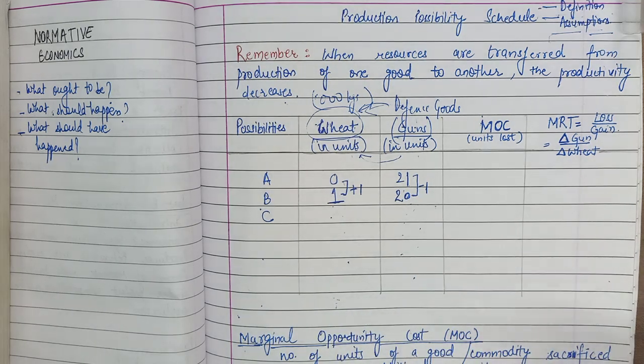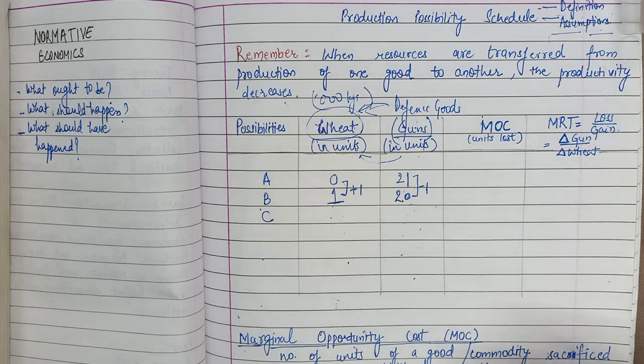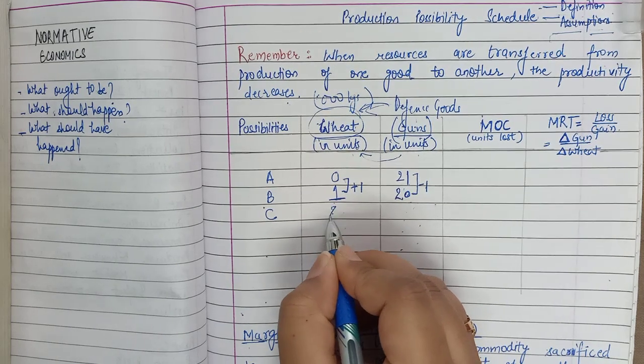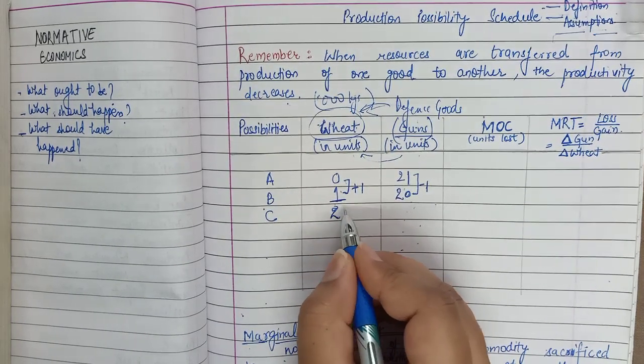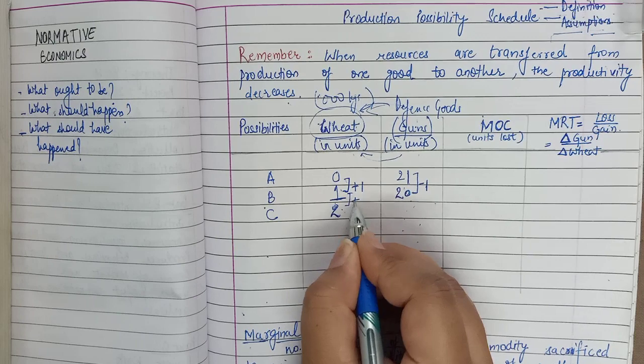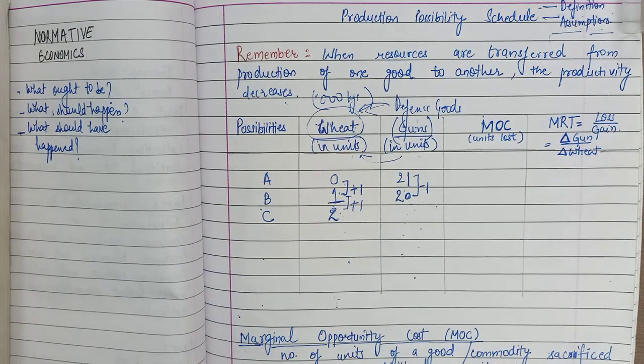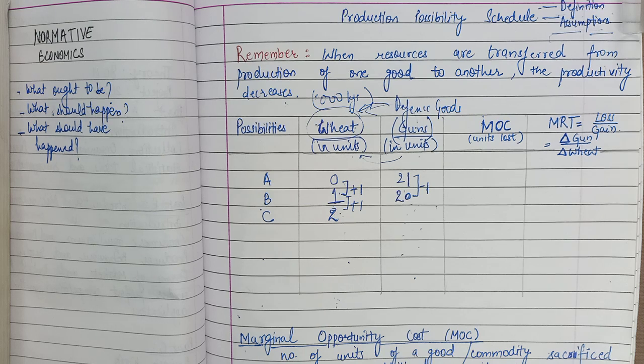Now please remember, the people who are good at guns, they are not so good at wheat. So to produce again 1 more unit of wheat, to go from 1 to 2, we have a gain of 1 unit only. To produce 1 more unit of wheat, the economy will lose more guns than before,